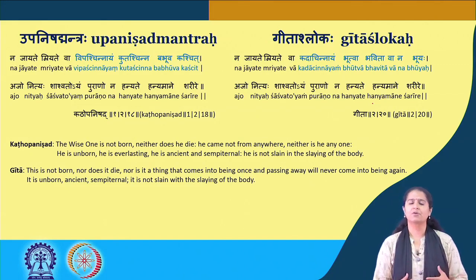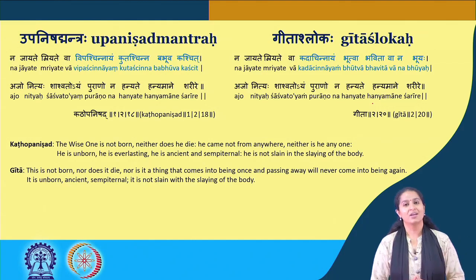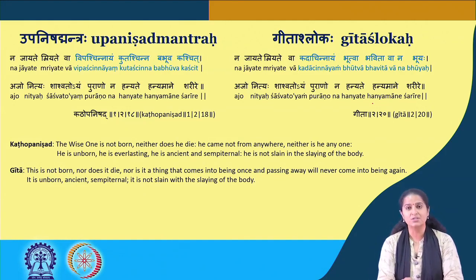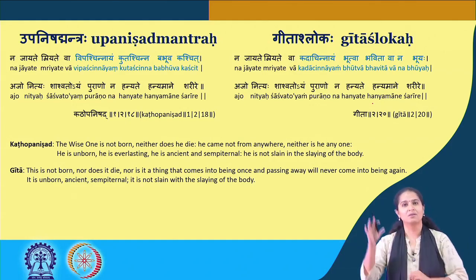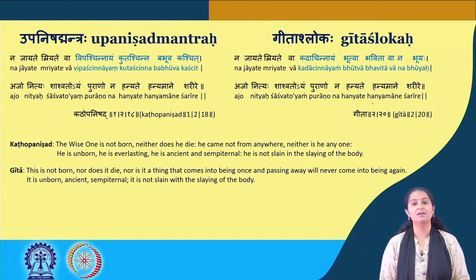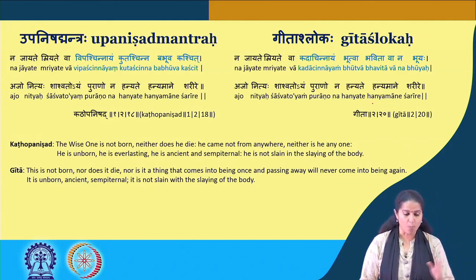Very famous verse from the second chapter of the Gita, where Krishna is trying to talk to Arjuna about the immortality of the soul, and he says, you know, what you think you're killing really cannot be killed, because that which is the essence of the individual is immortal. And the blue is to indicate to you the differences. So the source verse or the source mantra of this Gita shloka is in the Upanishads, okay, the Kathopanishad to